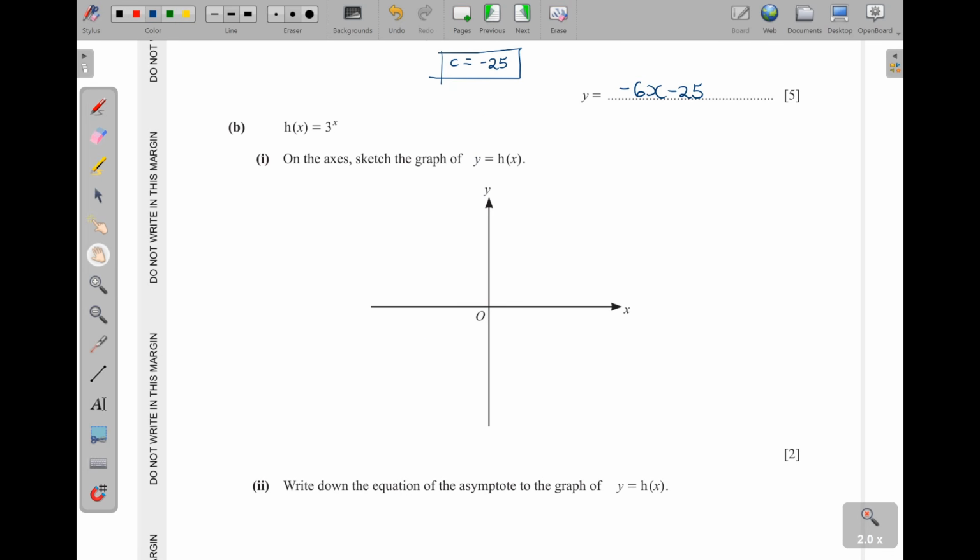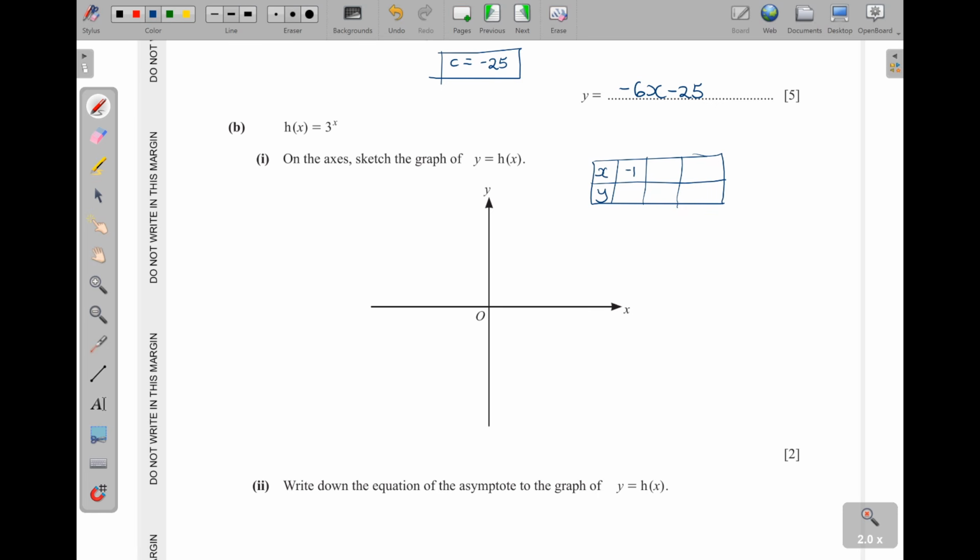Then part B, h(x) is equal to 3 to the power of x. This is what we call an exponential function. Okay. Then Roman 1, on the axes, sketch the graph of y is equal to 3 to the power of x. Now this one, I can just show you a few coordinates here. We have x, okay, and we can also have y. So if x is, let's say, -1,